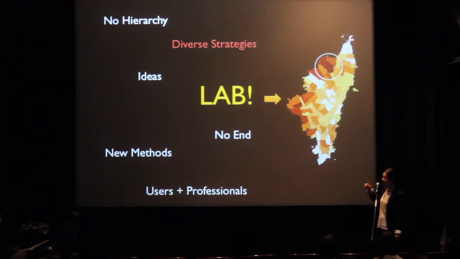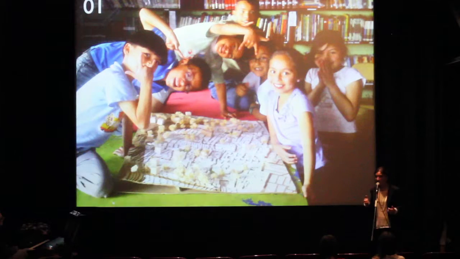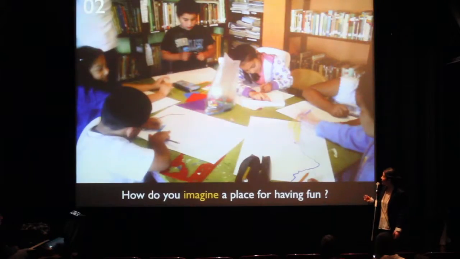And I chose a place that doesn't have enough public buildings. So I applied the strategies to a group of children because children have boundless imagination and they can easily imagine unrealistic things. The first strategy was to introduce them to their neighborhood and make them aware of the place they live in. As I wanted to extract some design patterns, I asked the children to draw a place where they could have fun.